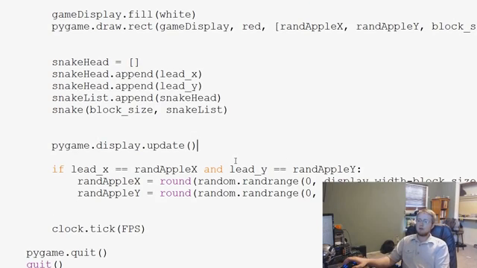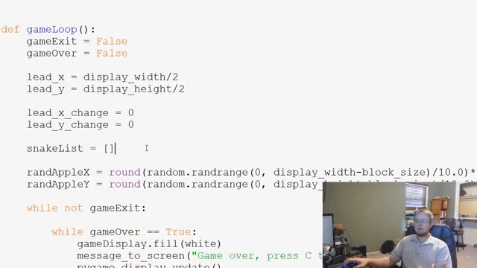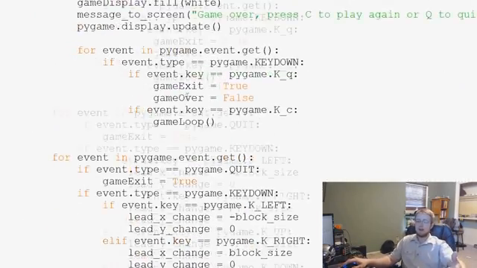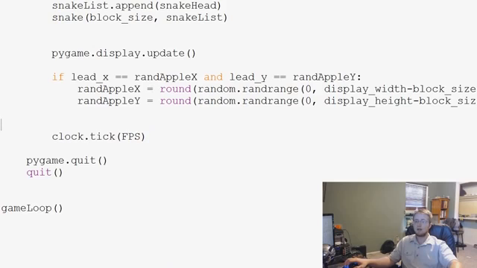So first of all, how would we do that? Up here we've got snake list, and we know that when we start the list, the length will be 1, right? Because we only have one segment. But then as time goes on, when we run over an apple, the length would be 2, 3, 4, and so on. So we would start, let's say, snake length, and we'll call that 1. It starts at 1. And then whenever we run over an apple, what we would want to do for real is add 1 to the length of our snake. But for now, let us just